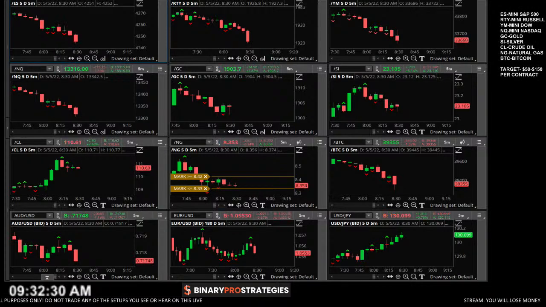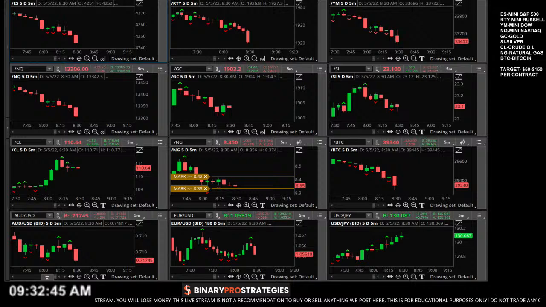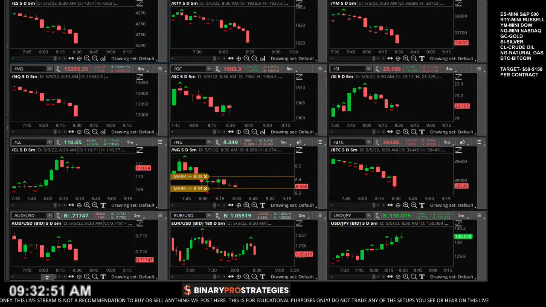All right, let's just put those symbols up there once again. We're waiting for our next setup. Top right hand corner. We're watching the ES, the E-mini S&P. We're going to be watching the mini Russell, mini Dow, and mini NASDAQ. So NQ for mini NASDAQ, YM mini Dow, RTY mini Russell, of course ES for the S&P 500, mini S&P